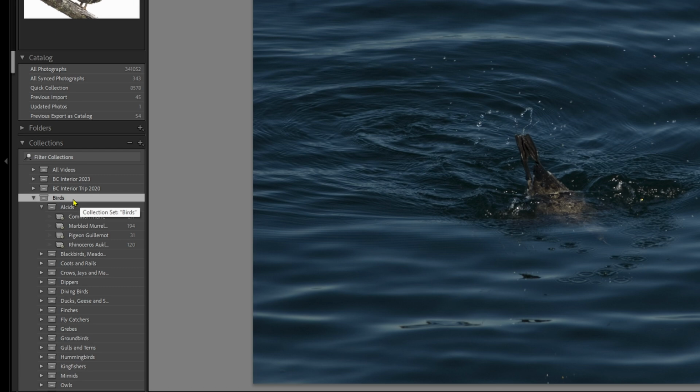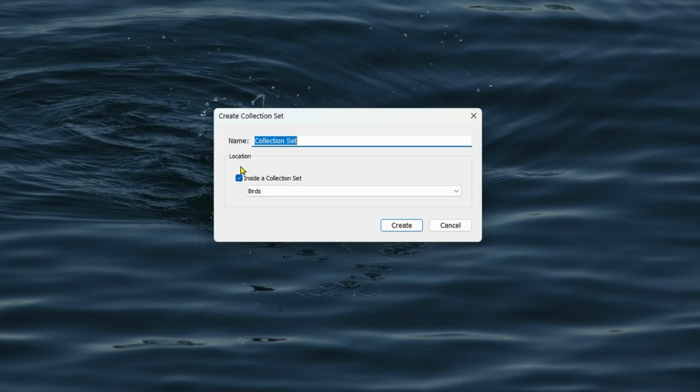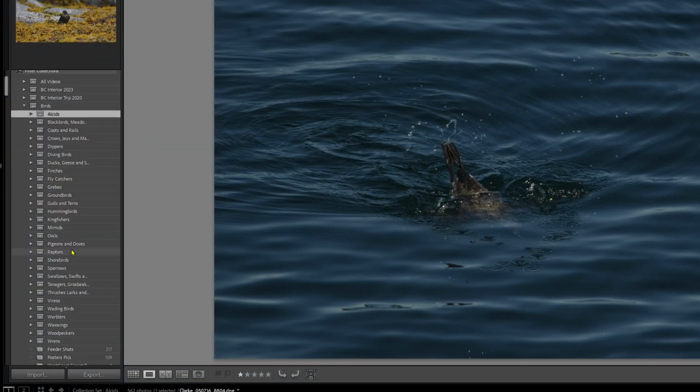Next, what we're going to do is create another collection set. We're actually going to create the collection sets for the families of birds. And how I've set it up, if you look here, I've got 26 families: alcids, blackbirds, meadowlarks, coots and rails, crows, jays, dippers, etc. So the easy way to set this up would be to grab your field guide for